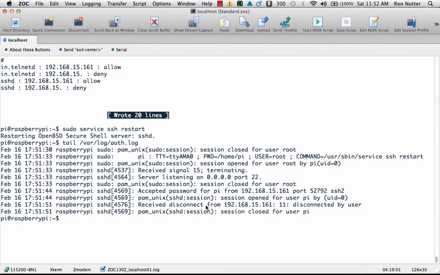It's pretty straightforward. This is just scratching the surface of what Raspbian has the capability of doing in SSH. You can have certificate-based authentication. So in addition to the username and password, you've got to have a certificate on your machine. There are additional settings depending on how you need to have this secured. This was just